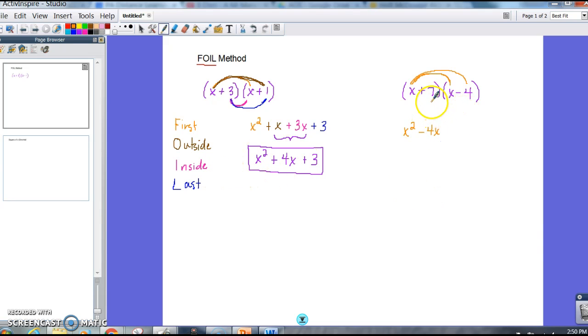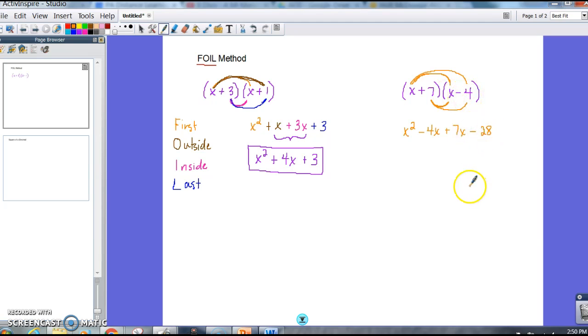The I stands for the two inside terms. Again, if you're looking at all four, the two in the middle, 7 times x gives me 7x. And then L stands for the last two terms. That means the last term in each binomial. So the 7 times negative 4